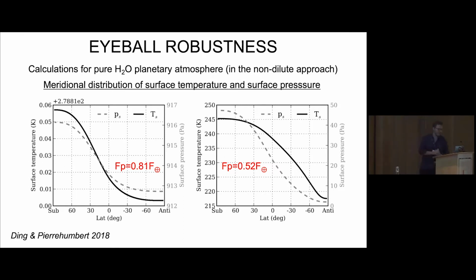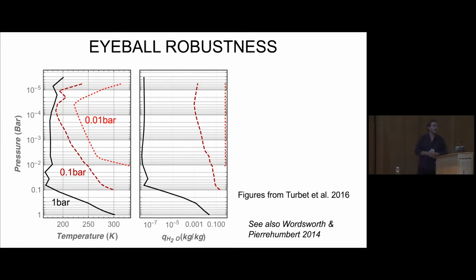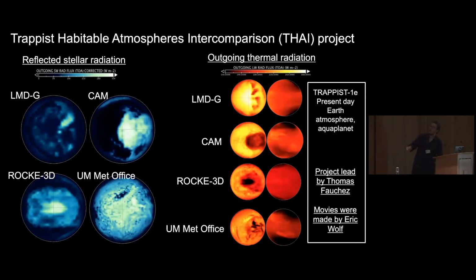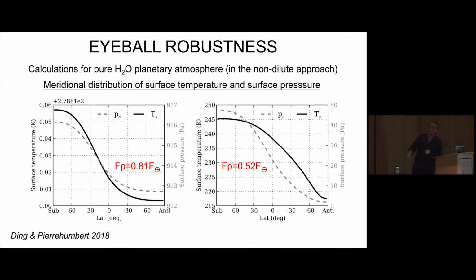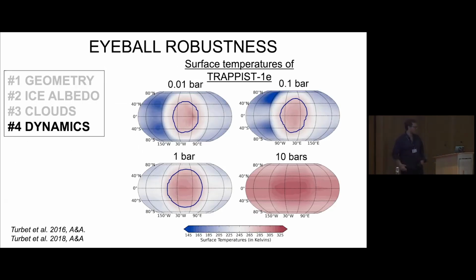But there is a last argument I would like to advance, which is the fact that a pure steam atmosphere should not be stable. Because if your planet is completely covered by a steam atmosphere, your steam atmosphere should get photodissociated and you should accumulate through time, especially some oxygen that should build up in the atmosphere until you accumulate enough oxygen or non-condensable gas that you break the cold trap, and then you start to come back to a more Earth-like case with a bar or so of oxygen or other non-condensable gas.